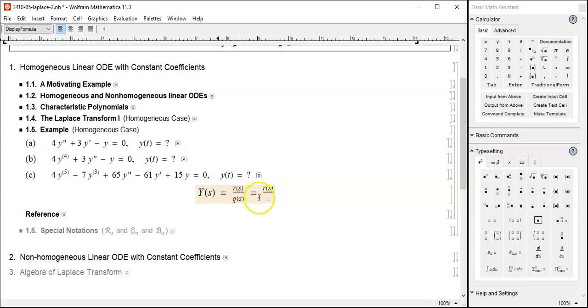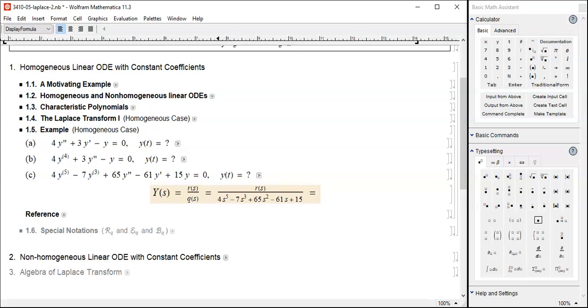And Q of S is going to be given by this: 4s to the 5th power minus 7s to the 3rd power plus 65s squared minus 61s plus 15, and you have to decompose this by